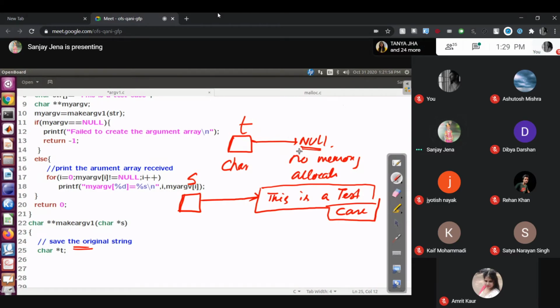Now t points to null, so there is no memory to copy into. Then I have to allocate memory for t. How much memory will I allocate? The size, meaning the length of the string, the size of that array. Exactly. Now allocate: t equals